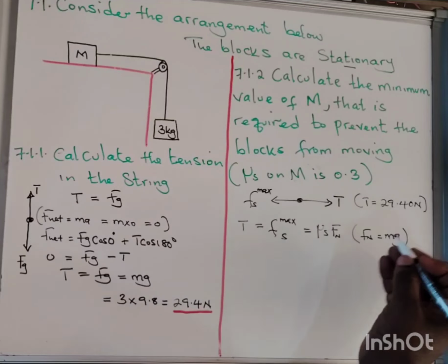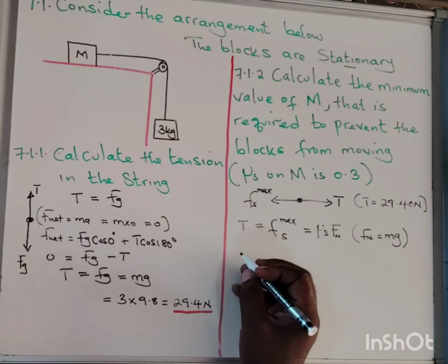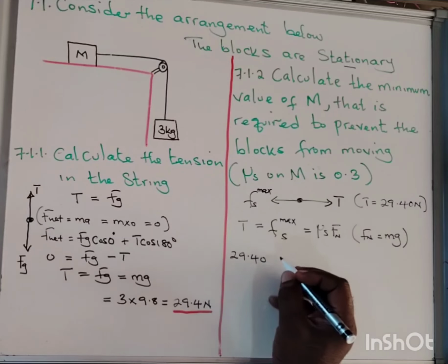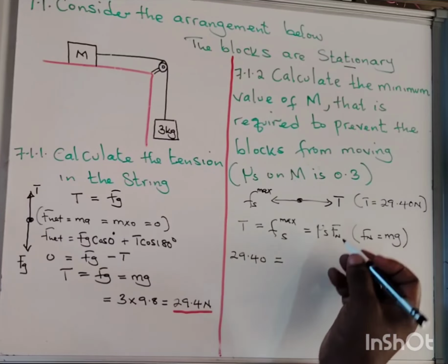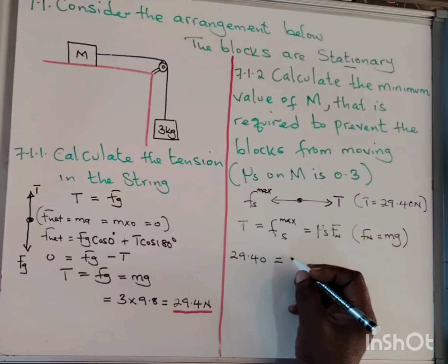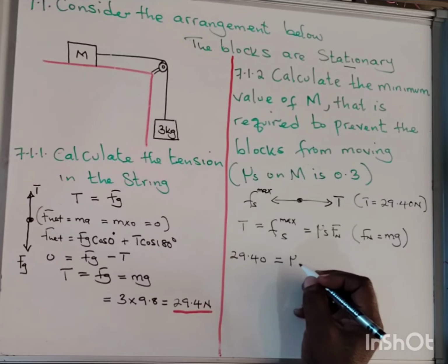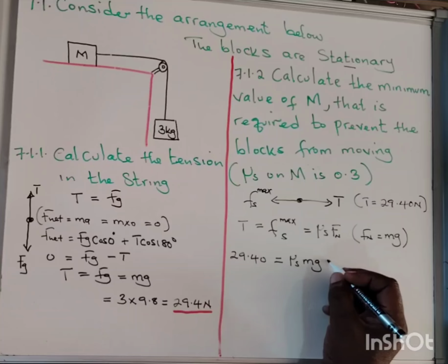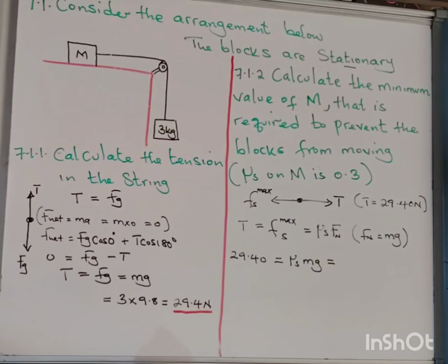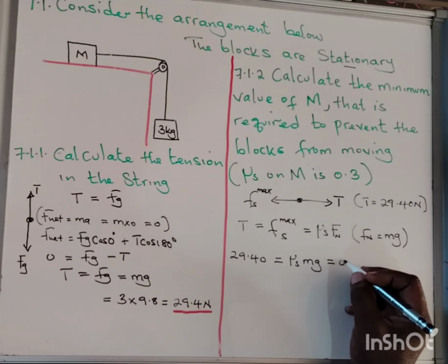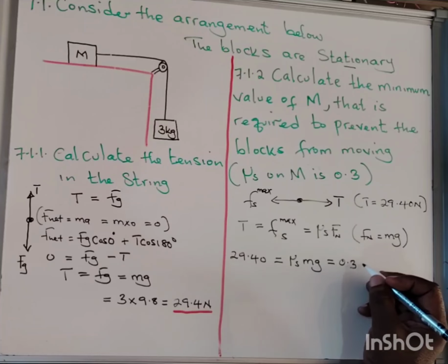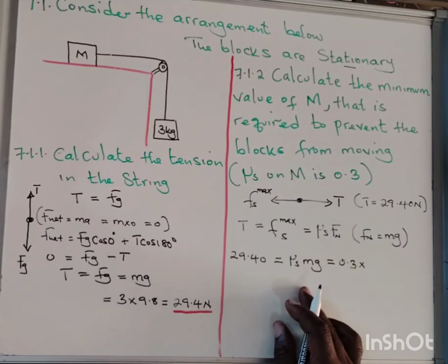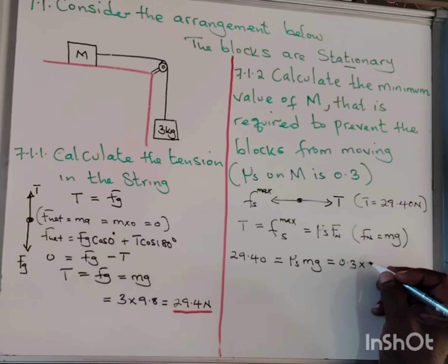So we are going to say our T, 29.40, is equal to mu s mg, and mu s is given. Mu s is 0.3 and m is wanted,